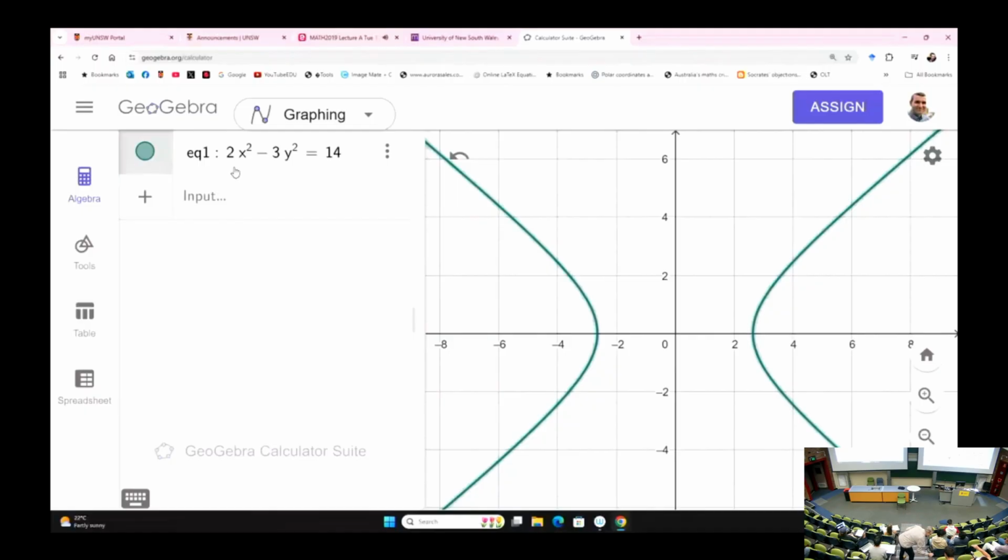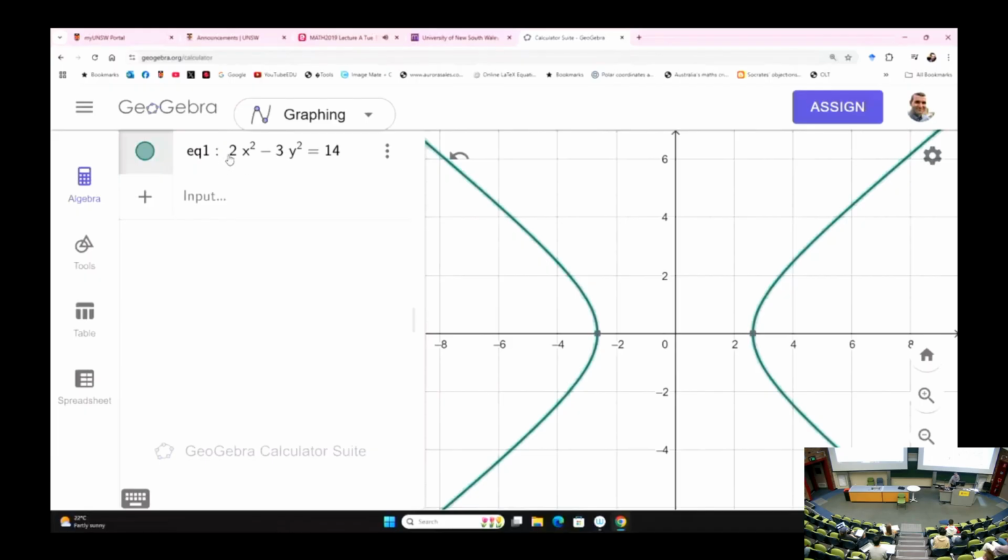If x was 0, y would have to be imaginary. Yeah, exactly. So a good test is to put in x equals 0 and you get negative 3y squared equals a positive. So the only explanation is imaginary, which we don't care about. Okay? So if we change that a little bit more,